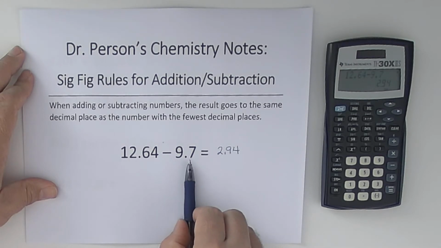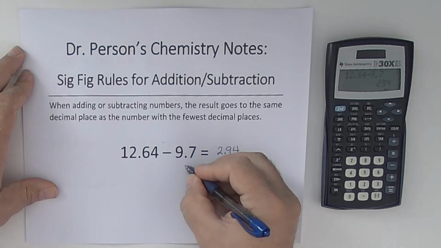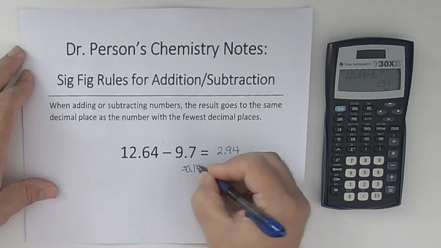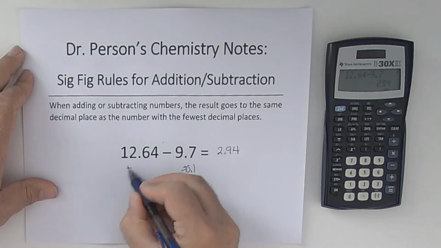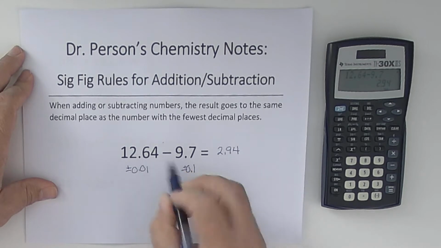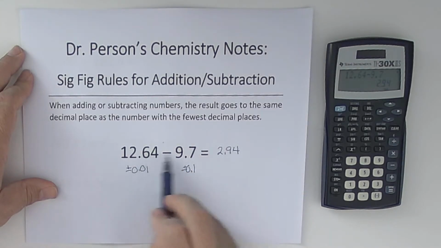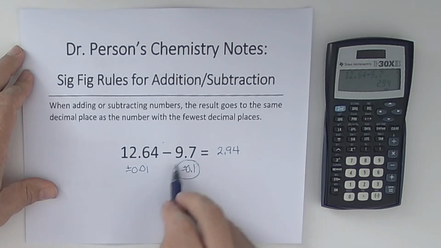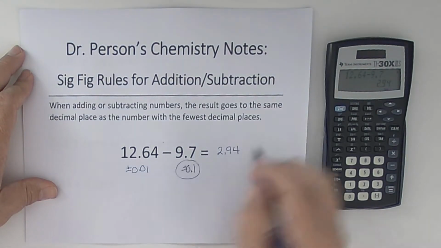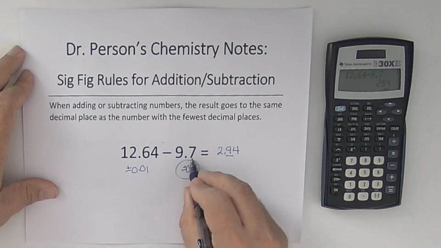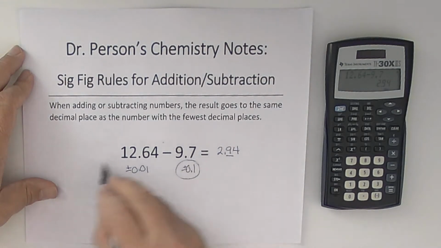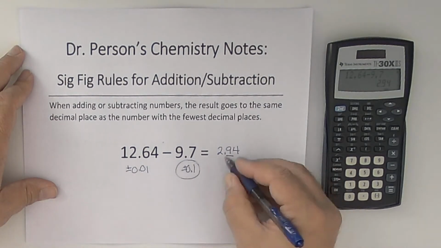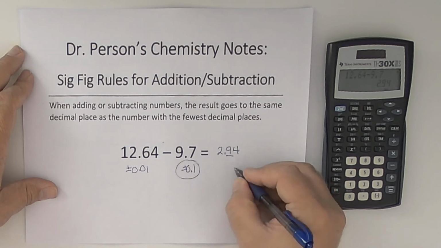This one has uncertainty of plus or minus 0.1. This one has uncertainty of plus or minus 0.01. We assume plus or minus 1 in the last digit. This is more uncertainty. My answer will go to this uncertainty, so it will end in the first digit after the decimal point because that's the first number to end here. That's 0 to 4, so